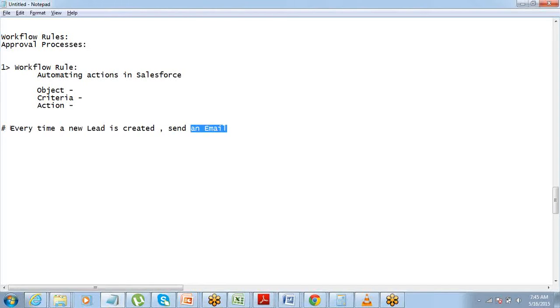Send an email every time a new lead is created. It's something which I don't want to do manually, I just want to automate it. So how do we do that? It's pretty simple. In this case, the object is lead, the criteria is new lead with email, and the action is send email.